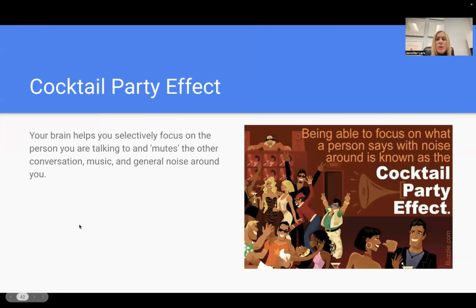We'll talk about the cocktail party effect next time, but the cocktail party effect basically is you can be really selectively attending to almost anything in the world, but if you hear your own name from across the room or somewhere else, it almost always causes you to break selective attention and attend to your own name because your brain has learned that it's really important that you should pay attention when somebody calls your name.